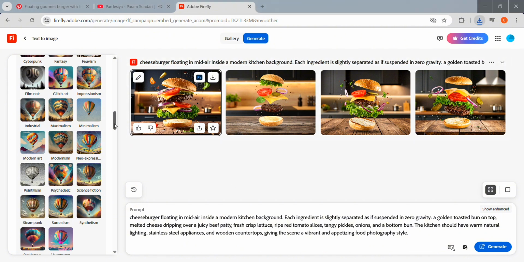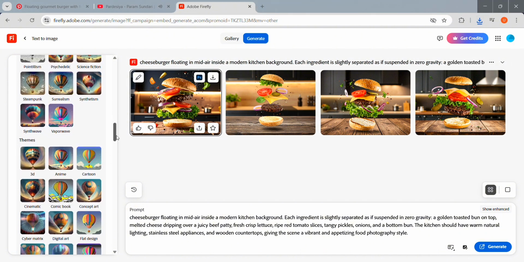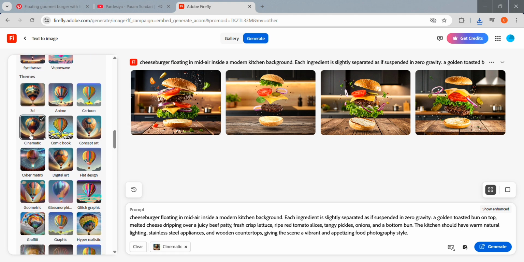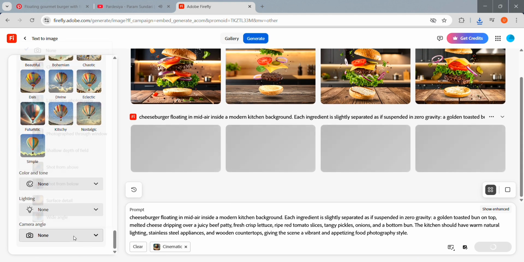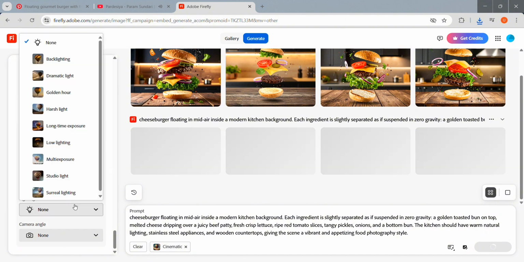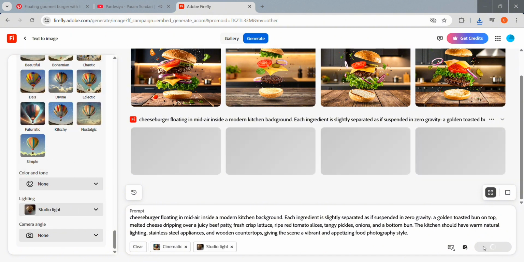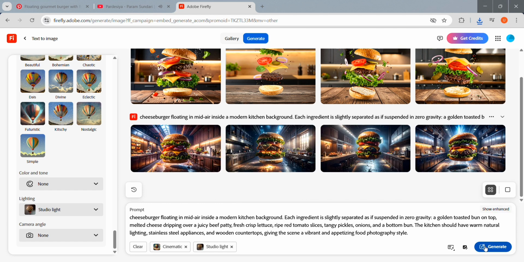So guys, I played with Firefly's variations with concepts and lighting. Like here I'm doing cinematic and I changed the camera angle to the lighting, which is studio light. This is my go-to one. But okay, no, this is too AI-ish.